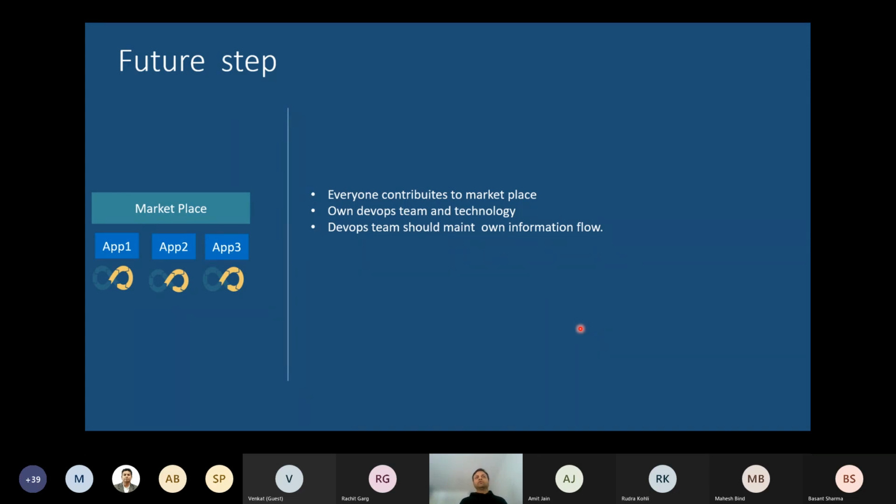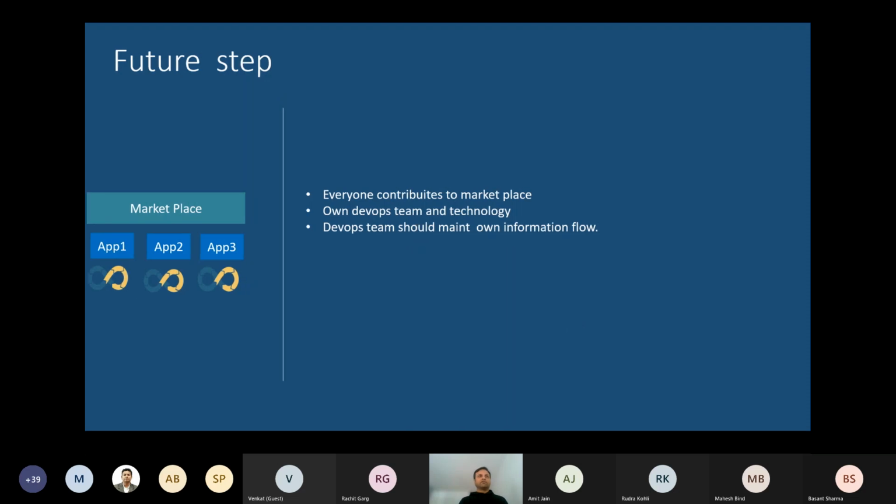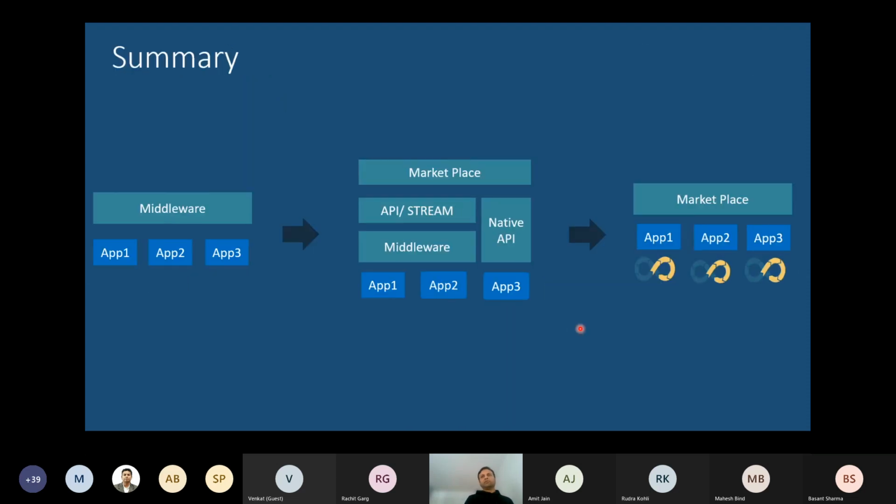But to reach this future step, as I said, we have to cross the current stage, which is hybrid, and that will take some time. If I summarize the pictures I have shown you, it is a journey wherein you have to go from left to right. If you focus on the central part, your right part will be easy. We are moving from left, but to reach right, we have to be very well planned in the middle, because we cannot say that today everyone should be API driven, everyone should be event driven.